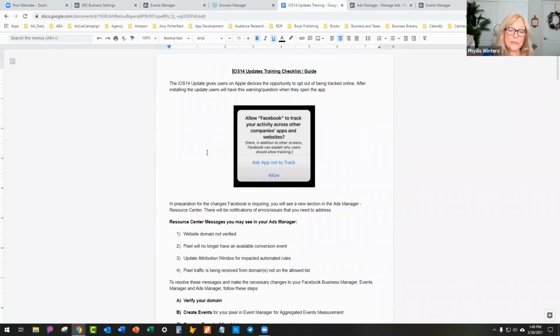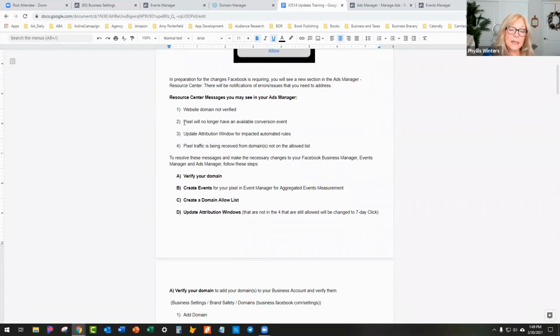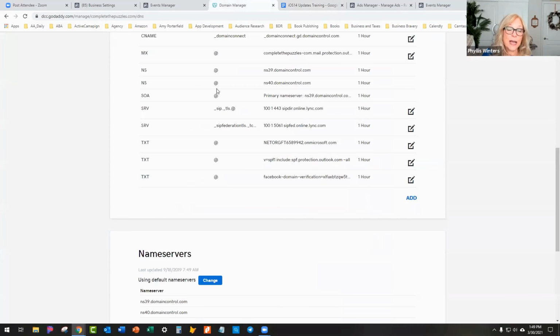Okay, so those are the 4 things that you're going to run into. The website domain needs to be verified. The pixel needs to have conversion events set up. The attribution window, I don't think this will apply to any of you because you don't have ads already running that have a 28-day window, so that won't really affect you. And then the other thing is that pixel traffic is being received from a domain that's not in your personal realm. And so the 4 steps to solve them: you verify your domain, which we just showed you, and